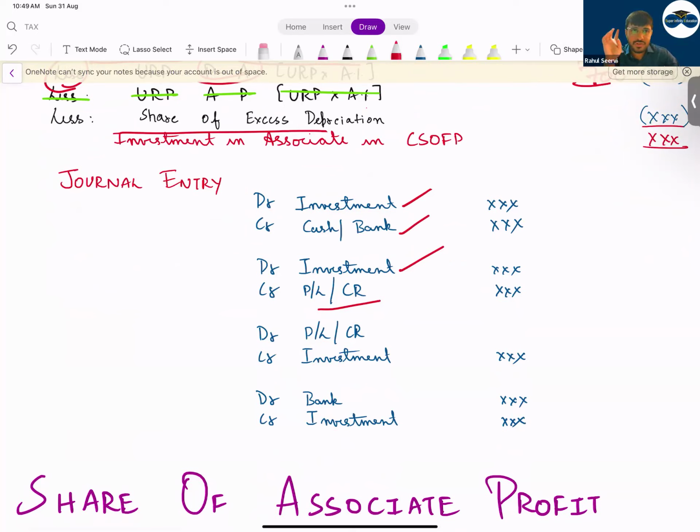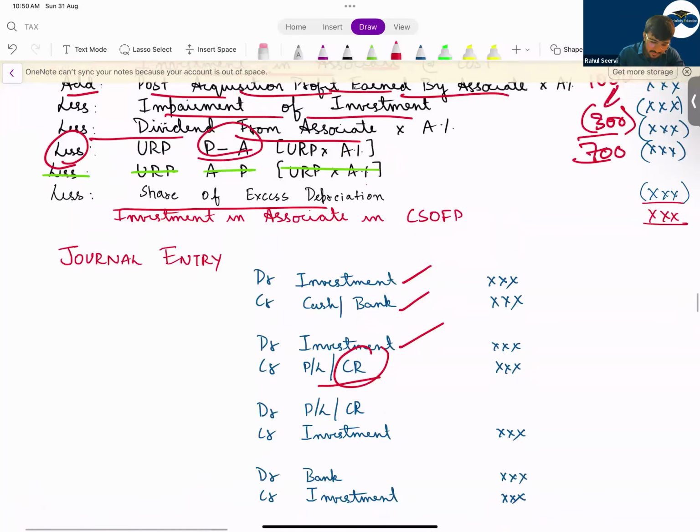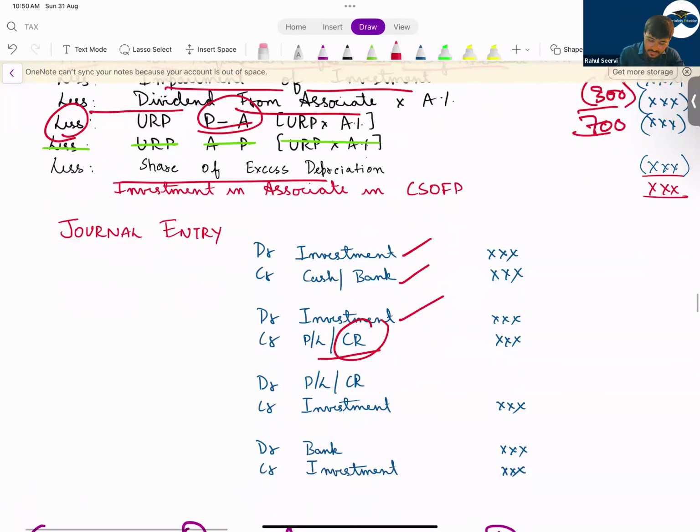If the parent company's profits are taking a hit, in the P&L you record one single line item. But in the balance sheet, what should you do? In the balance sheet, you should include it in the retained earnings also. You will record it in the investment value, the carrying amount of the associate, as well as in group retained earnings, because the profit of the parent should be carried forward to the retained earnings.